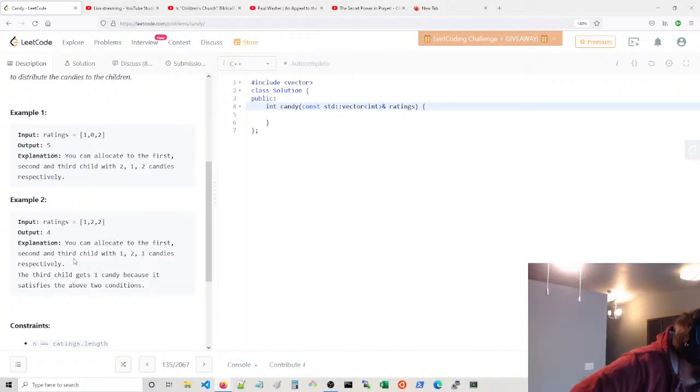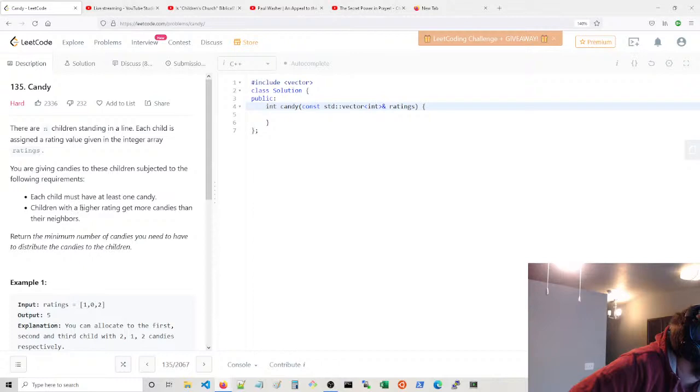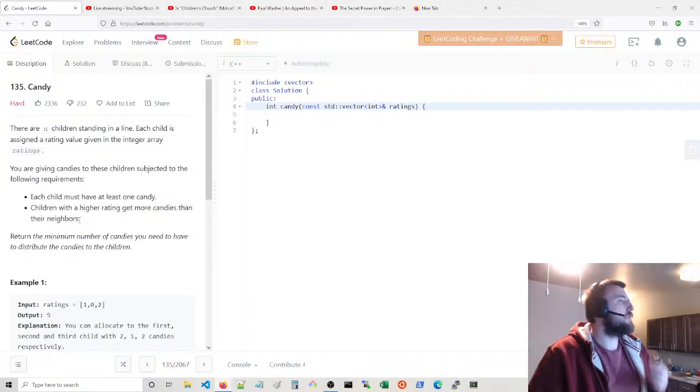First, second, third with 1, 2, 1 candies respectively. Third child gets 1 because it satisfies the above 2 conditions, which is must have at least 1 candy. Children with a higher rating get more than their neighbors. Okay. So,